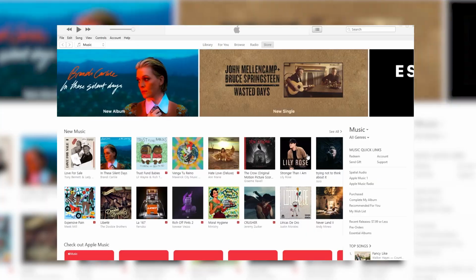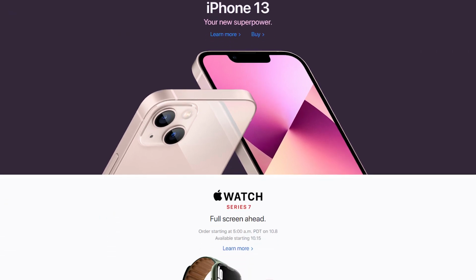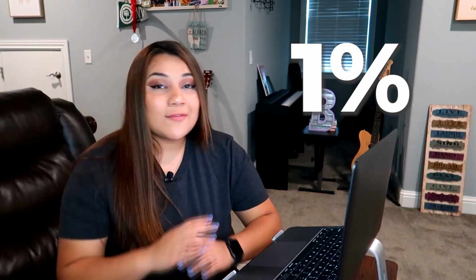The second card would be the Apple card. This one gives you cash back daily, and you get 3% on anything you buy from Apple, whether it be from iTunes, the Apple Store, apple.com, the App Store, and also on a few other companies. You also get 2% back every time you use Apple Pay, and 1% back on everything else